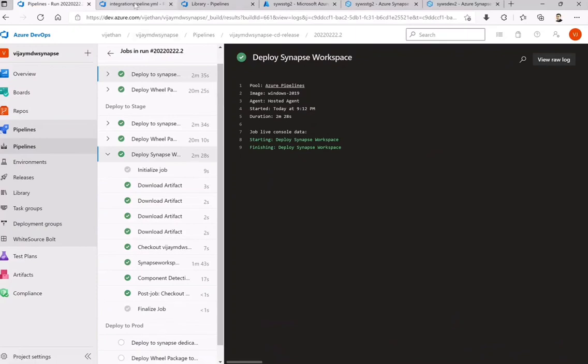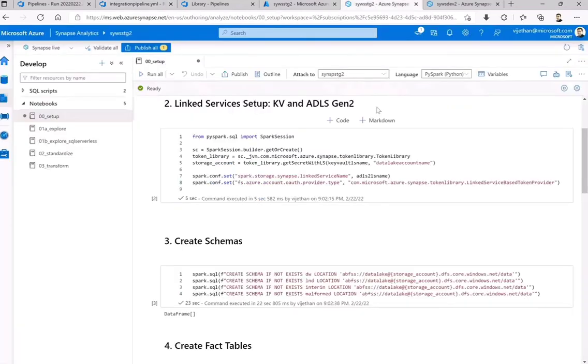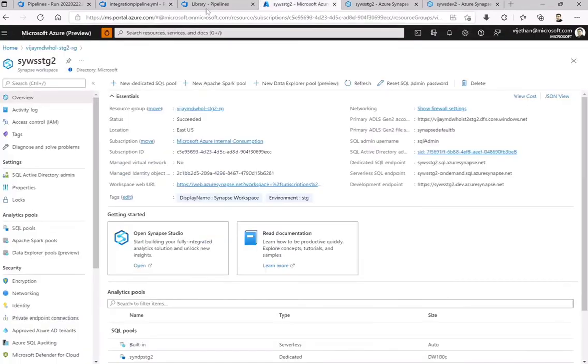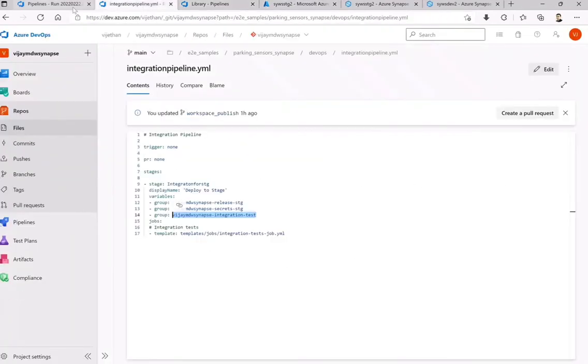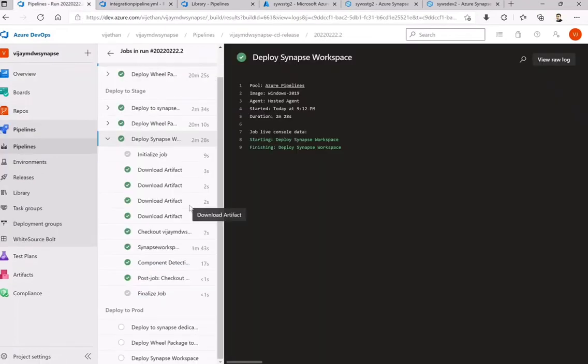Also, as I said, you can go and run the integration pipeline, which is at e sample sparking, DevOps and integration pipeline. Just create an existing YAML pipeline and provide this path for staging. As we have already run this particular staging, it should be good to go with the respective integration testing. Now, as the staging environment is ready, that should be done for this particular lab. So that's all, team, what we have in this particular lab for today.